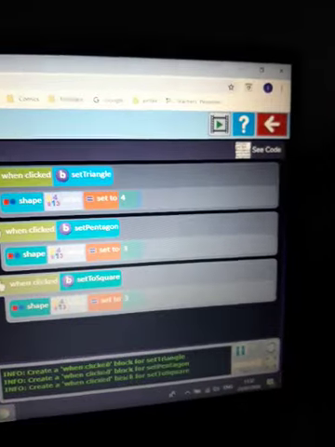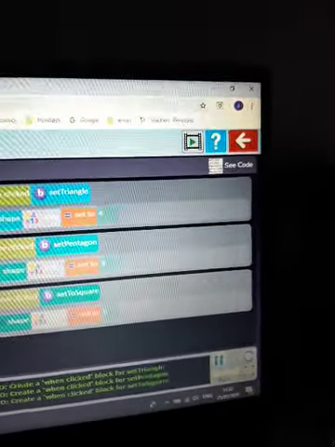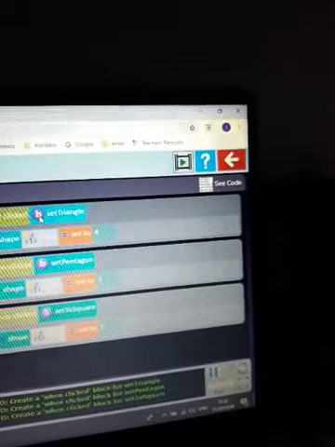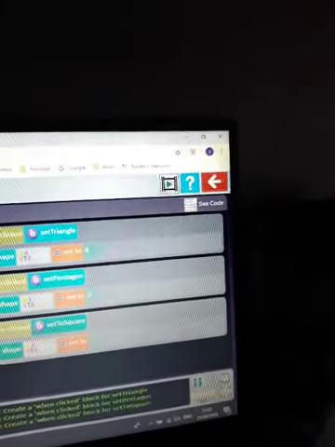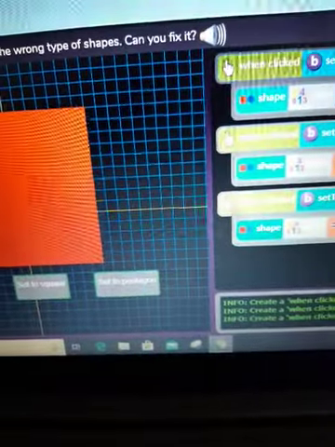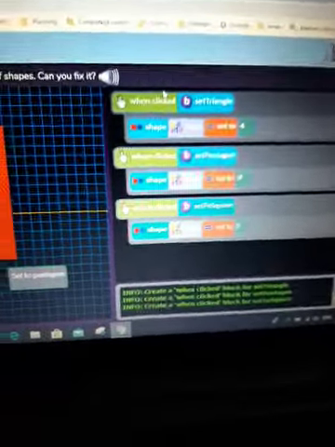All right, so we're looking at what each set of codes is. We can see there's 3 different parts to this, 3 different when clicks. So when we click B set triangle, which is B is the box, which are these boxes down here. So we got those ones there. I can't see that because that's in the way. But when we have a look at these, we can see that